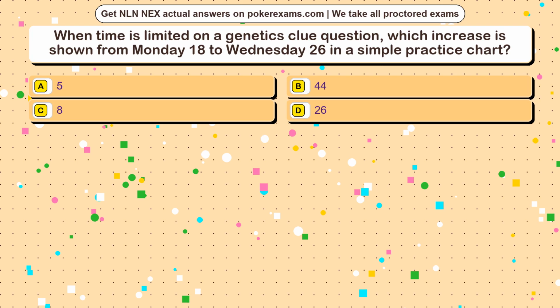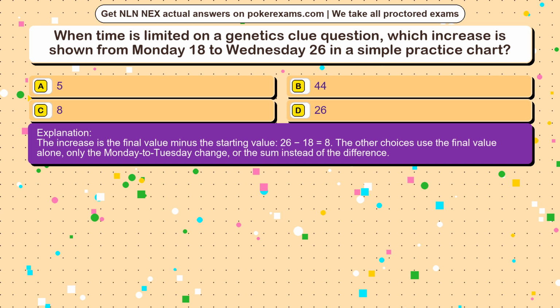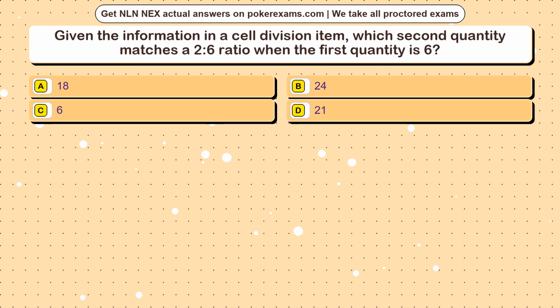The correct answer is option C. The increase is the final value minus the starting value, 26 minus 18 equals 8. The other choices use the final value alone, only the Monday to Tuesday change, or the sum instead of the difference. Question 6. Given the information in a cell division item, which second quantity matches a 2:6 ratio when the